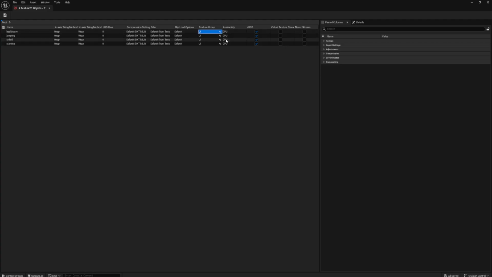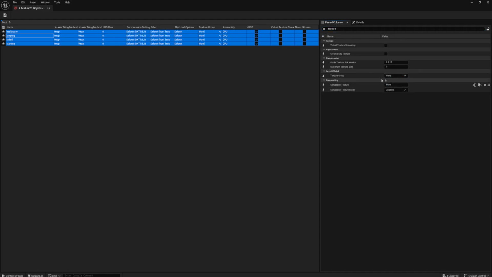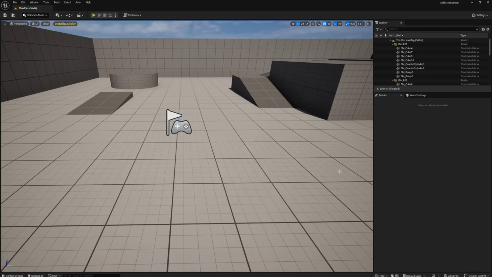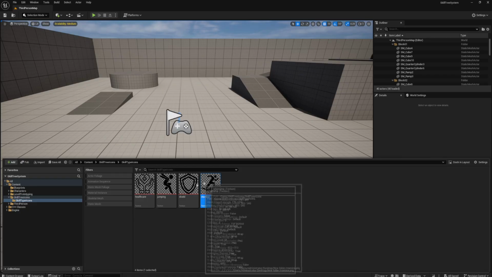So just click on one of those and press Control A in order to select them all, and now we need to search for texture group, where the texture group of your icons will probably be World, but you need to choose UI. So just choose UI for the texture group for all of your icons, and you will see actually that our icons are going to have